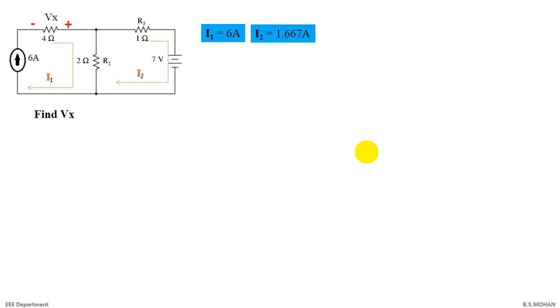So I've got that question here with the polarity that they have marked. Remember, for Vx they have marked the polarity. If the polarity is not marked and they ask you to find Vx alone, you have to just give the positive answer, that is its magnitude. Now, by Ohm's law we know Vx is equal to I into R. So let us inspect and find which current flows through Vx. The options are I1, I2 or its combination.